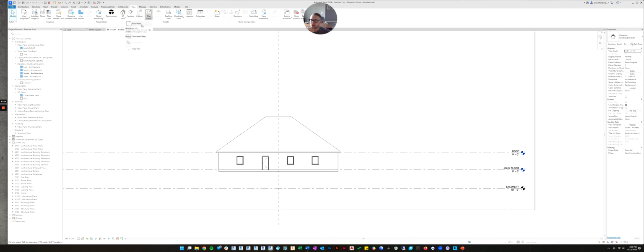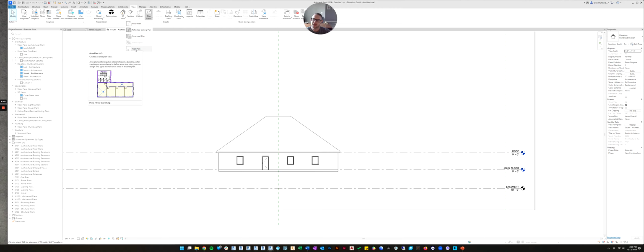And if I click down, it gives me a couple options. I can do a floor plan, or I could do a reflected ceiling plan. That's the ceiling plan we used in the last one, but we don't want to make that. There's a structural plan, which you don't really need to worry about. It just has to do with the settings that it's going to populate by default. And then an area plan.